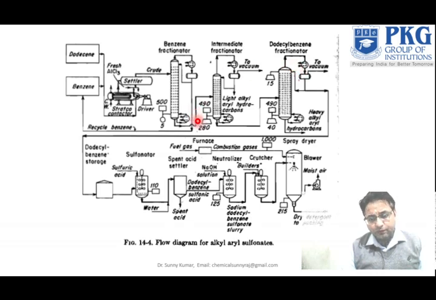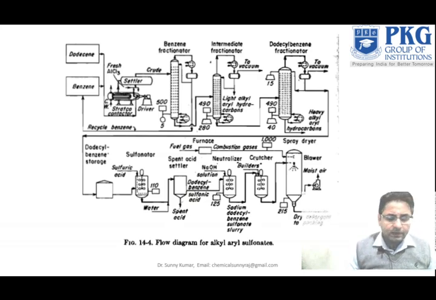From the bottom we generally collect everything and send it directly to the intermediate and then the dodecyl benzene fractionator. But the lower bottom part we do not collect, because it is a heavy alkyl aryl hydrocarbon which we do not require. So only the dodecyl benzene fractionator product we require, and we send it directly to the storage tank, and then it is treated in the sulfonator section with sulfuric acid, and then whatever the extra